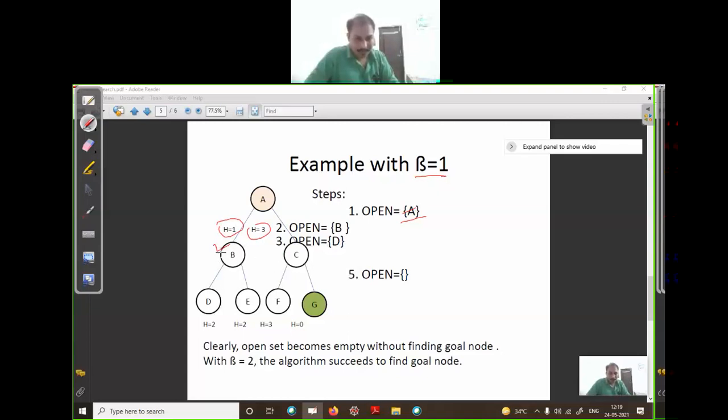Now at b there are again two successors. The heuristic value of d is 2 and of e is 2 again, so you can take either successor; here we just consider d. Now when we remove d, there is no successor, so the open list will be empty. When your open list is empty and you have not reached your goal state, it returns failure, meaning no goal was found. But the goal is present in your search space. We pruned that branch in the first iteration.